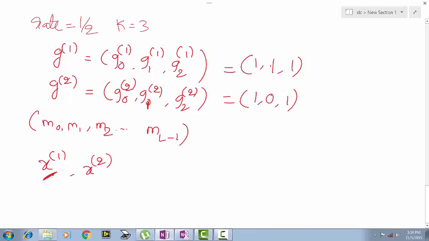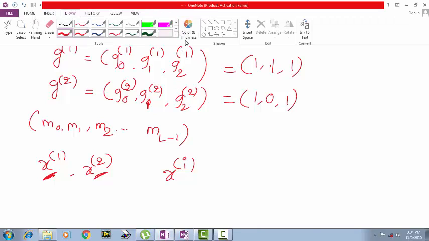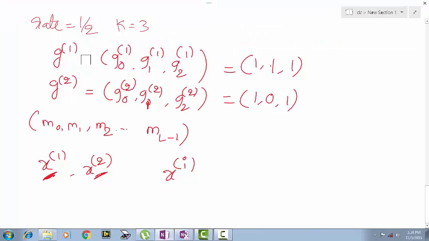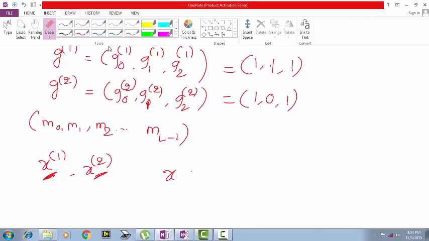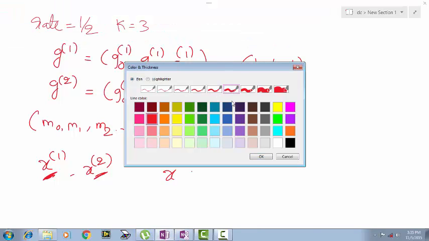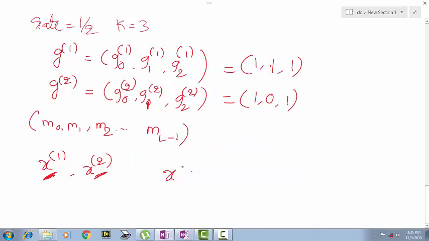X of 1 is the output of the first adder, X of 2 is the output of the second adder. We are having two outputs now, so I will straight away write down 1 and 2. So the first output X of 1,